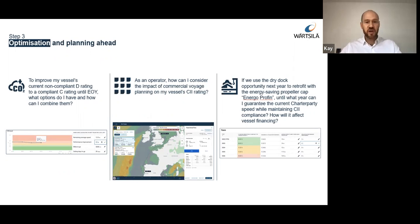Energy profile, by the way, is an energy saving cap from Wärtsilä Marine Power, fitted to the propeller, from which we can expect fuel savings of roughly 1 to 2%. In the FOSS emissions module, the user is able to simulate various such scenarios to make the best decisions. Here we can input the expected performance improvement from the retrofit we consider for the dry docking opportunity in 2023